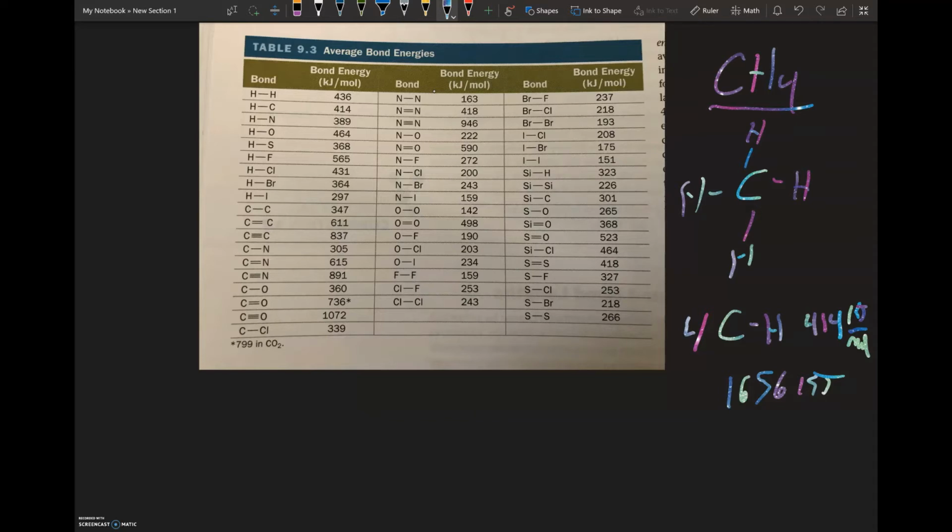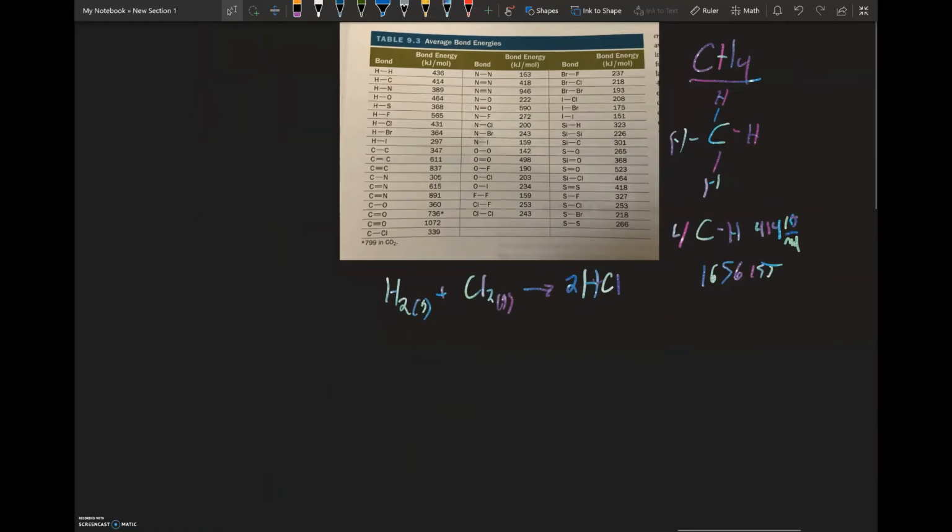Now, what we're going to do with that is use it in a balanced equation, and we're going to work on solving for the enthalpy of reaction. So we're going to look at an example where we have hydrogen gas reacting with chlorine gas, and that's going to yield 2HCl. The equation is balanced, so now we need to draw the Lewis structure for these